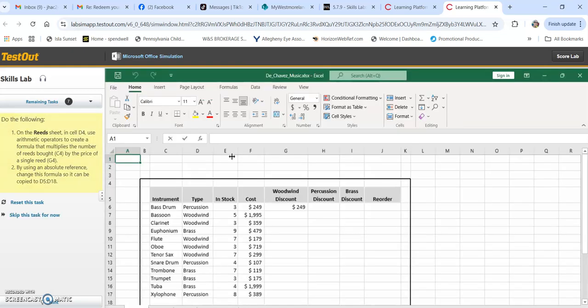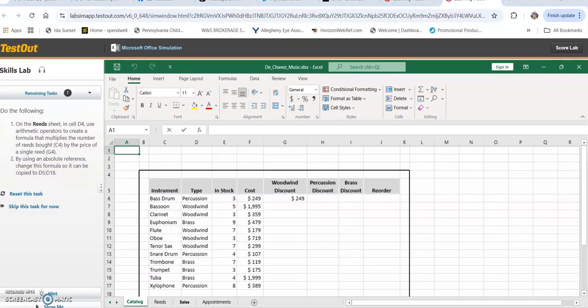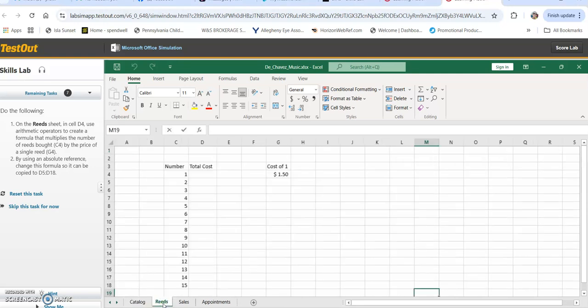Task 7, on the read sheet. So we're going to come down here to the bottom, and we're going to move this down just a little bit. We're going to select the read sheet, and in cell D4, so 1, 2, 3, 4, this one here, we're going to use arithmetic operators to create a formula that multiplies the number of reads bought in C4 by the price of single reads in G4. So with this one, we're going to do the equals, and we're going to click in C4, and we're going to multiply it by G4, and then we're going to press F4,